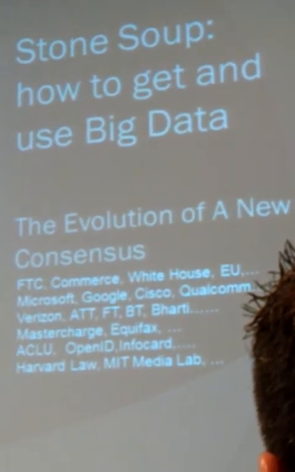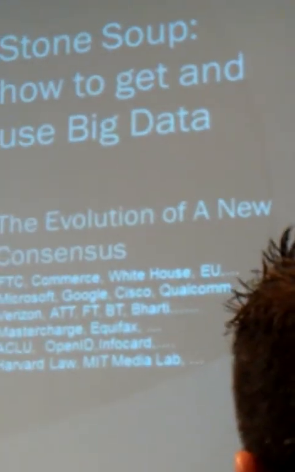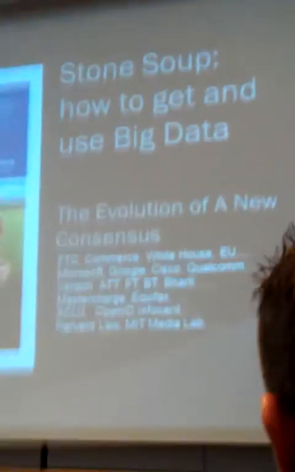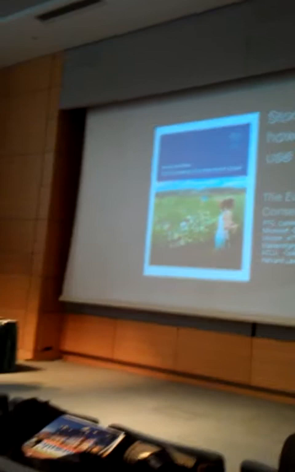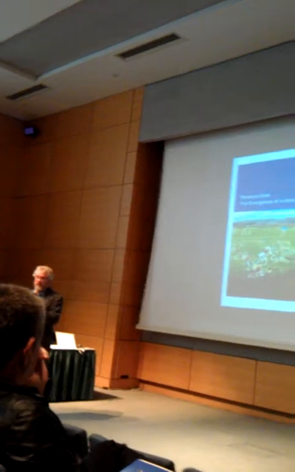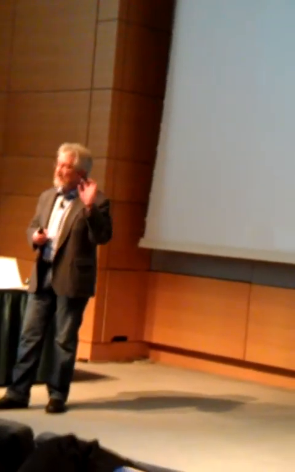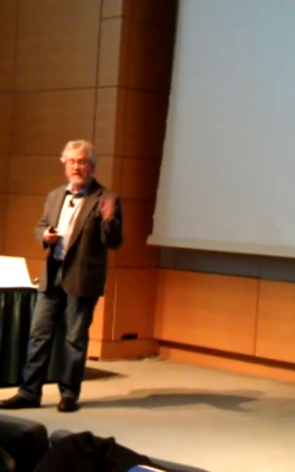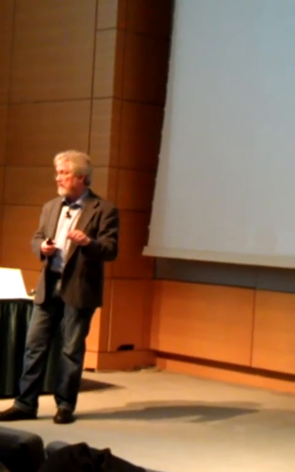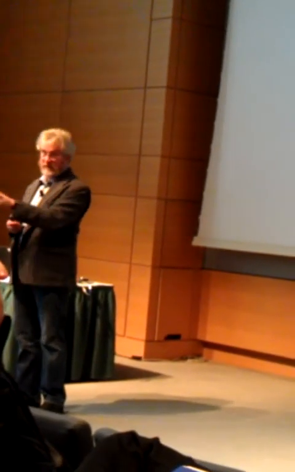If I can watch people's behavior, I can stop infectious diseases very quickly. We've shown that using this sort of data, we can do a very good job of detecting outbreaks of flu and stopping them immediately. We can detect depression, neighborhoods that are suffering in various ways. So you can actually do some amazing things. You can make the transportation system work better. You can make the energy system work dramatically better if you have this information. So government needs it for public goods, common goods. Companies need it in order to survive and make money. And citizens need a deal so that they can take advantage of these other things but be safe.